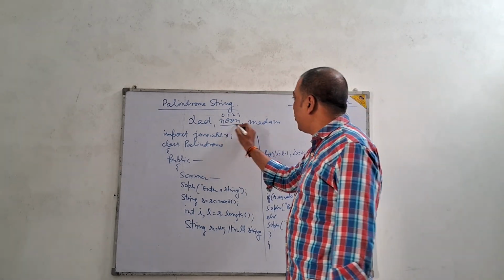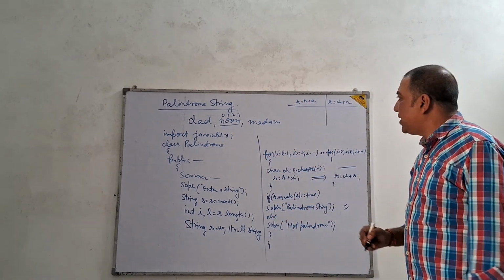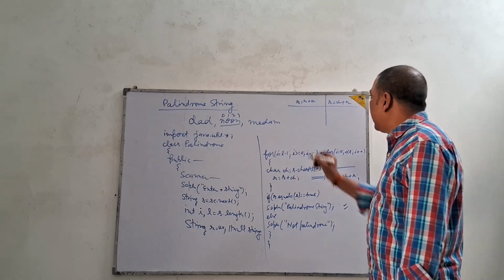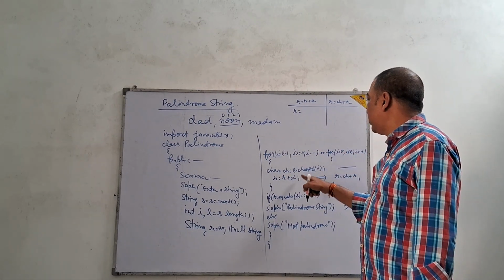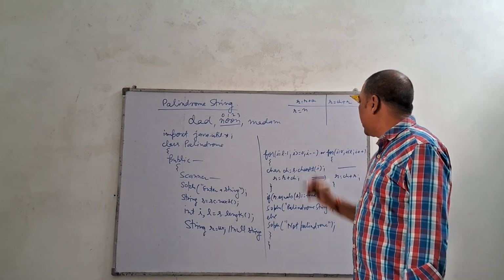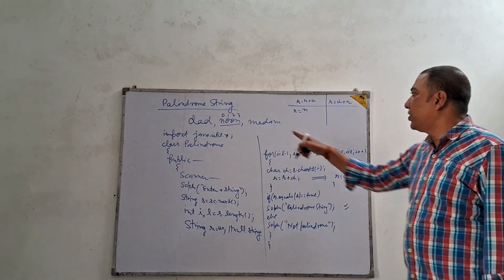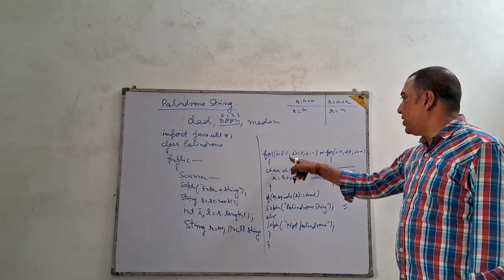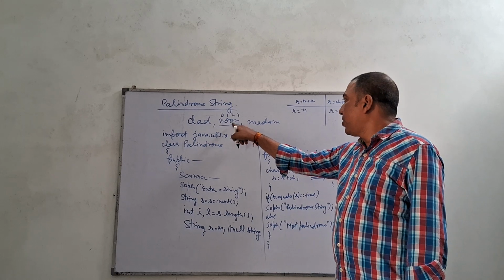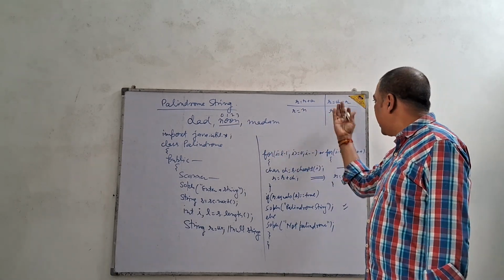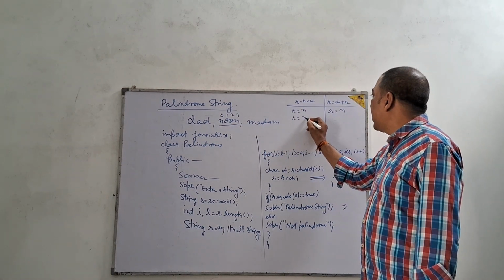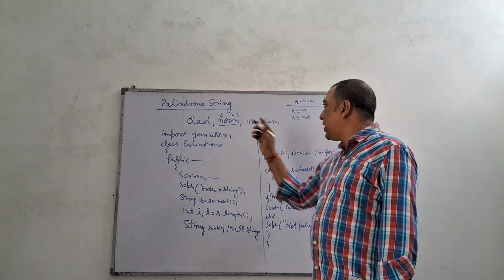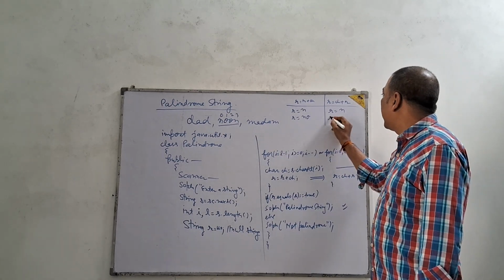Let us take the example of noon only. First time when n is extracted from this loop, r is null, so only n will be added. Here i is 0, n will be extracted, and r is equal to only n. In this, the next value of i is 2, o is extracted and o is added on the right side. That means this will make NO. Here the i value is 1, this o is extracted and o will be added on the left side.